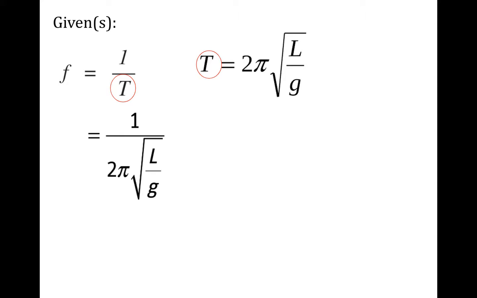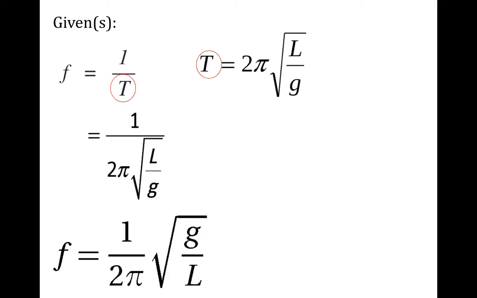Okay, that looks messy, right? So to get that out of the denominator, we're going to multiply top and bottom by the reciprocal. When we do that, we get the equation that the frequency of a pendulum is equal to 1 over 2 pi times the square root of G over L,